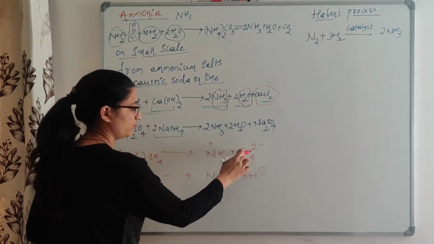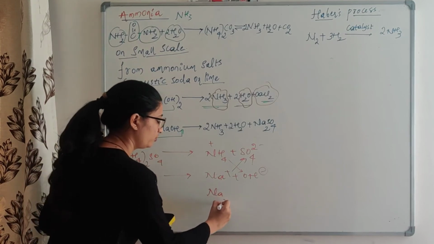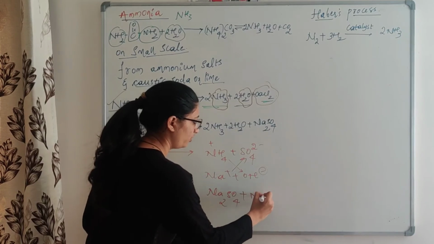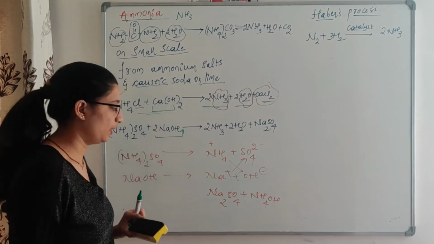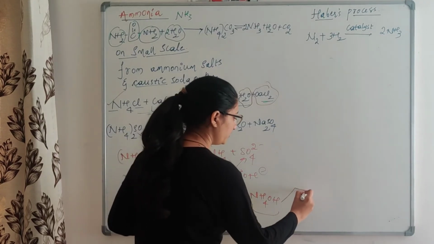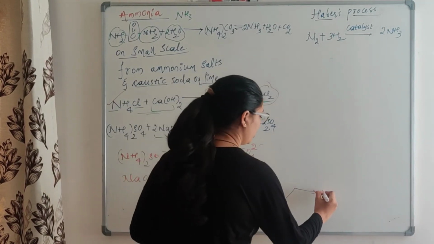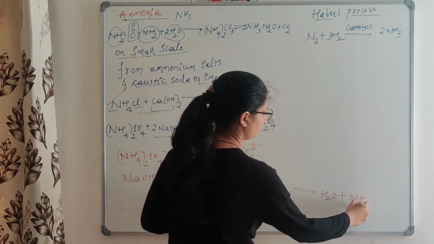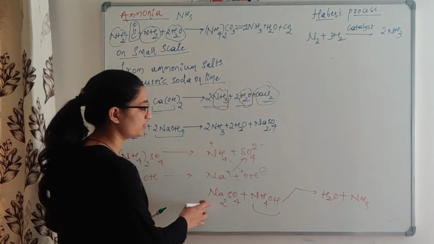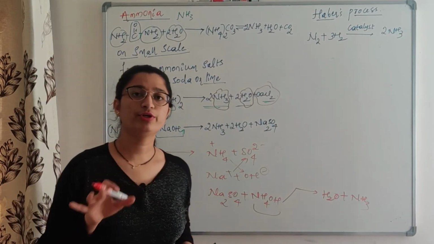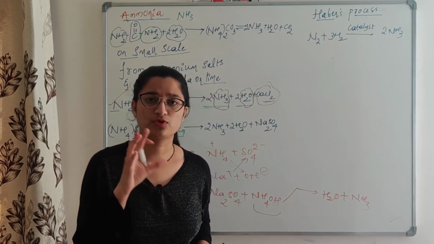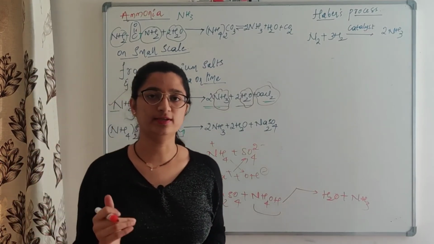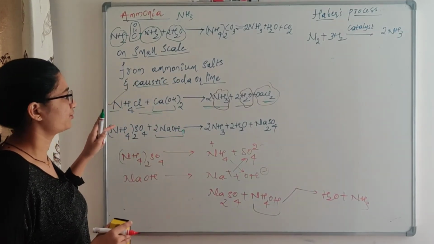This and this you have to combine. So the valency of this is 2. So Na2SO4, sodium sulfate, plus NH4OH. Now from this NH4OH, you eliminate what? A water molecule. So H2O, OH and H, plus NH3. So I hope this is clear now. So this is how you have to remember all the reactions. So no need to learn these by heart. Just identify the positive and the negative ion in the given reaction and then combine them and then complete the reaction. These are the preparations of NH3.